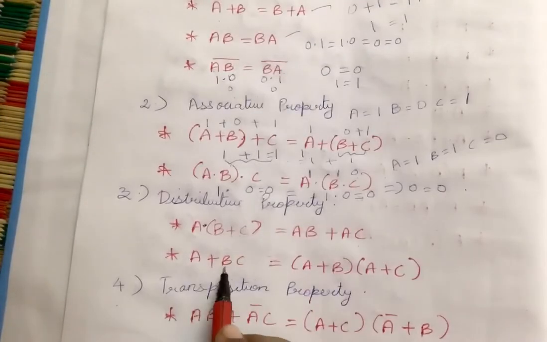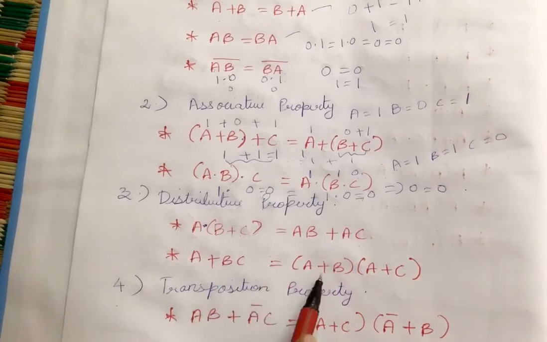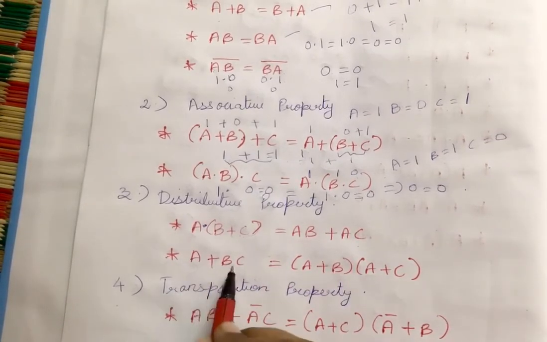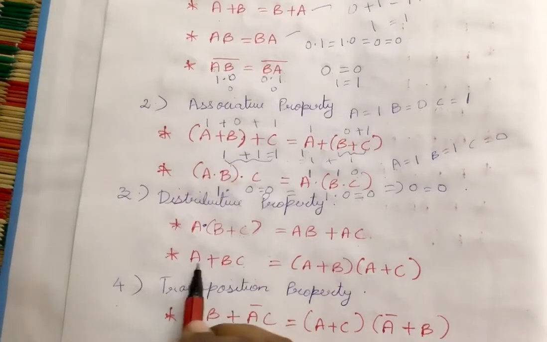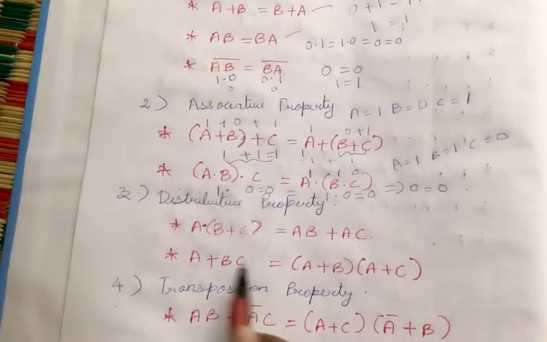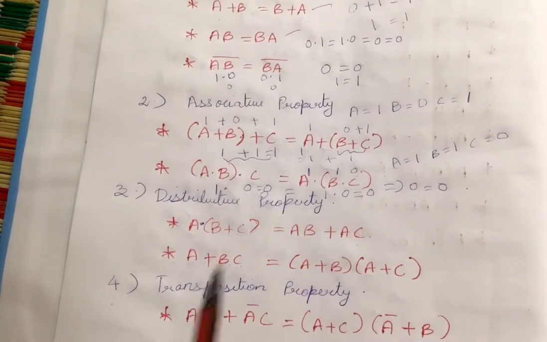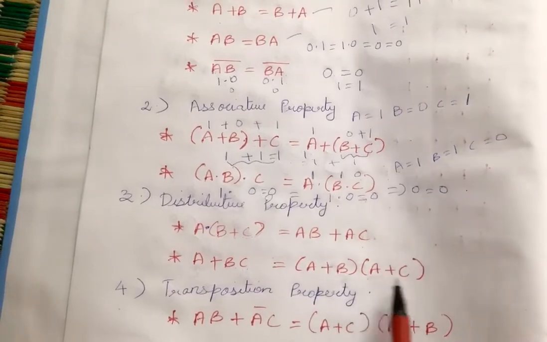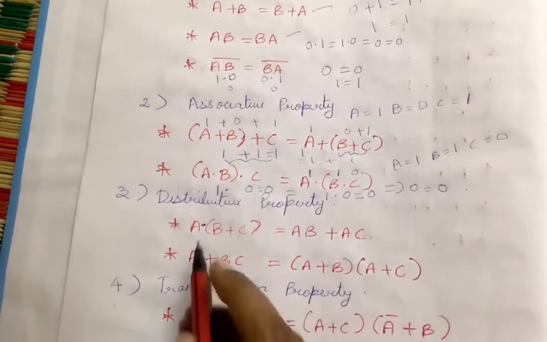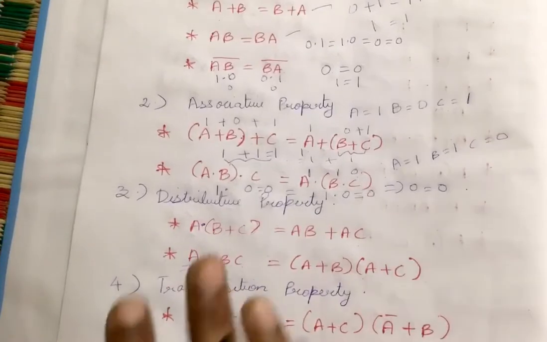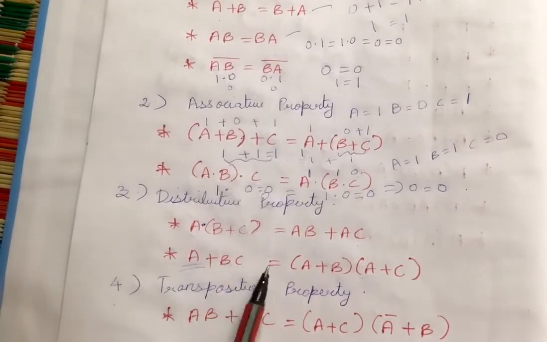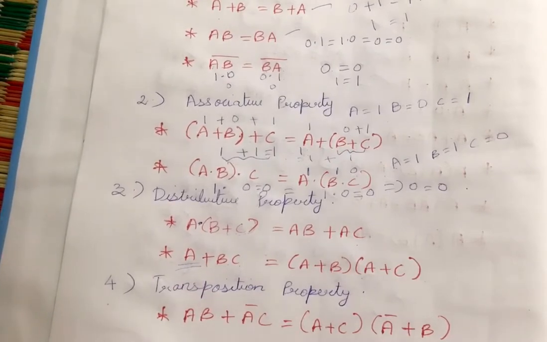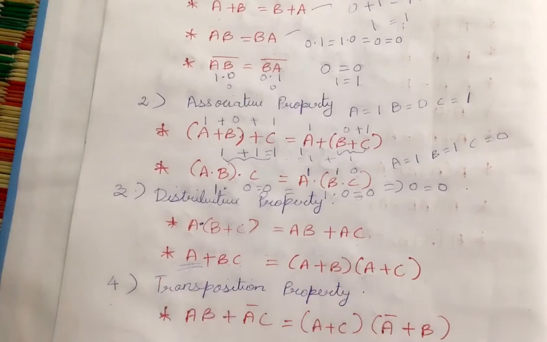So next is A plus BC. A plus BC can also be represented as follows: A is the single value that should be multiplied with this. If you check with these conditions as we did before, you will get the distributive property. So A plus BC is equal to (A plus B) and (A plus C), we have to write. Whichever element is separate. It is not necessary that we take A, B, C. We have just taken them as symbols. You can take any P, Q, R like that also. So this is the distributive property.